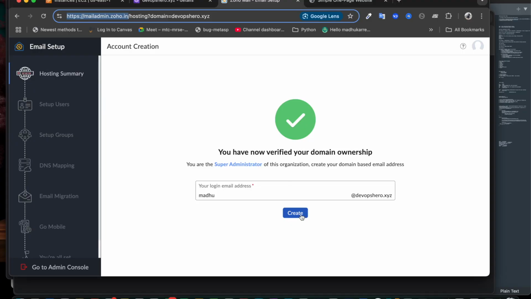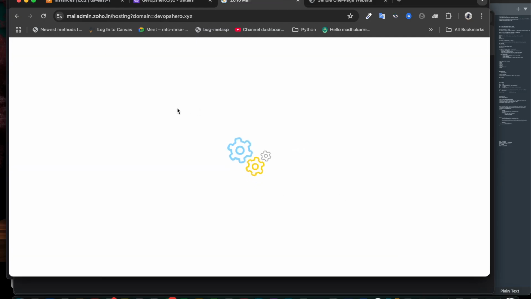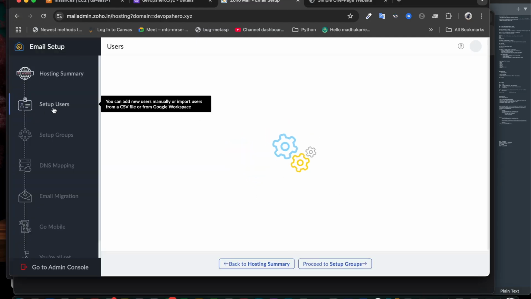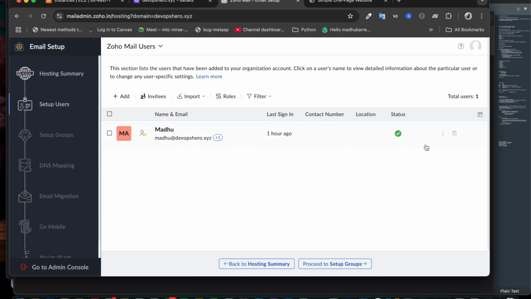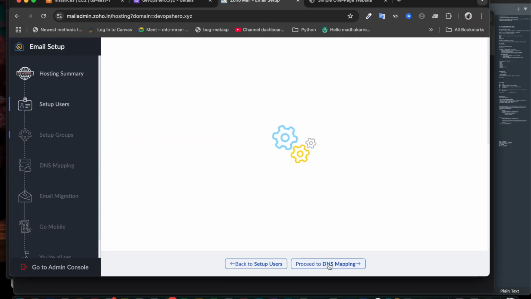And then click on create. So it says Madhu at the rate, that one. Actually, I want to edit it. Let's go back. Probably let me delete it. You can't delete. Okay, that's fine. I got a domain email as madhu@devopshero.xyz. That's fine. Then click on proceed to groups,